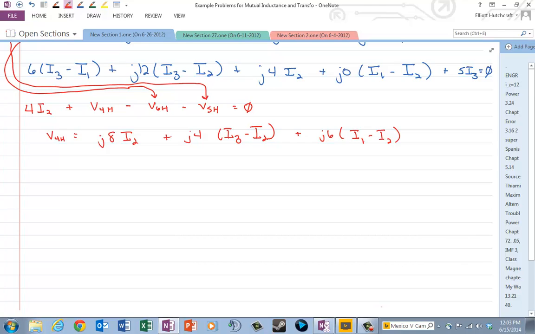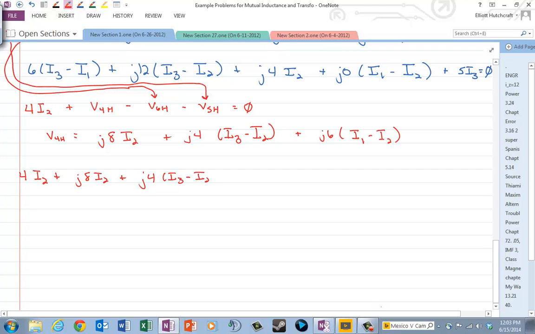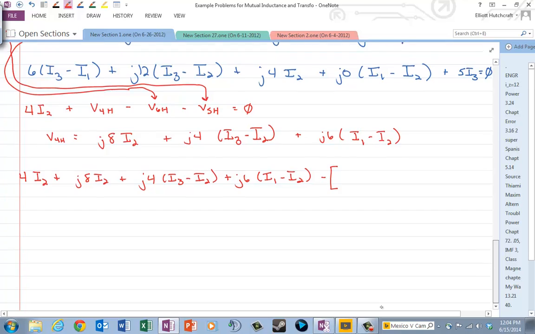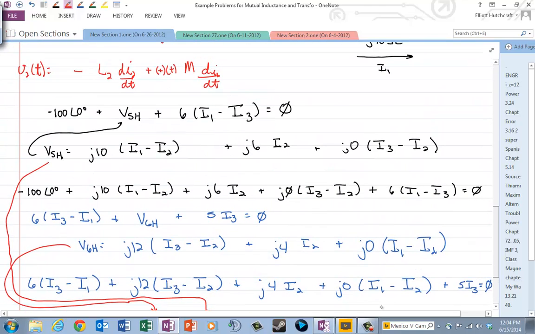So that last equation should become 4I2 plus J8I2 plus J4 I3 minus I2 plus J6 I1 minus I2. Okay, then I've got to subtract off V6 Henry, so I'm going to put minus, and I'm going to put a big bracket here. And V6 Henry is